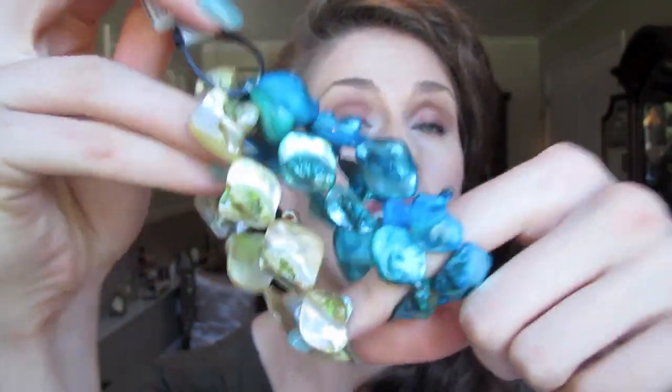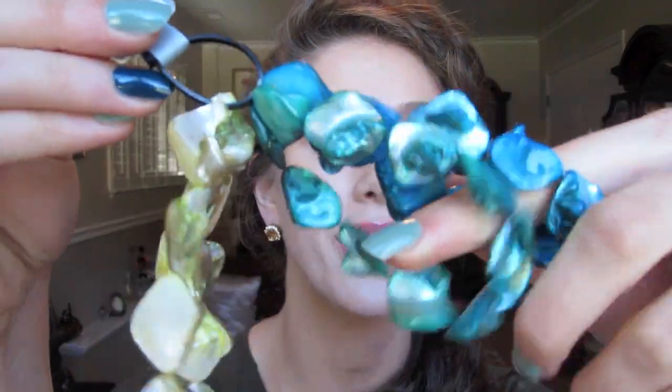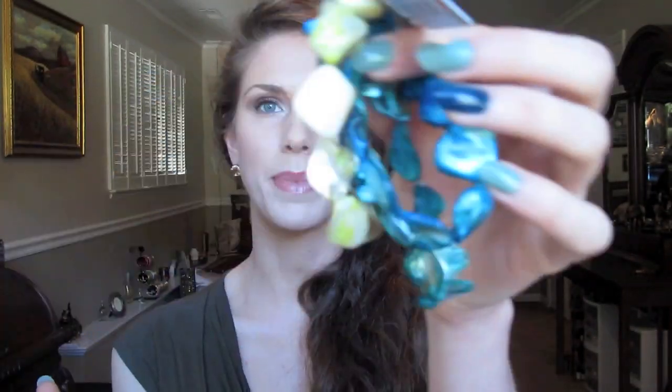First off, these colors are just beautiful to begin with. Second off, these colors are so in for spring. And third, I just think they're gorgeous pieces, and they were kind of cheap too, so it was nice. This is also really cheap. This was only $7.99. And this is the same concept, these little stones, only this is all one bracelet,